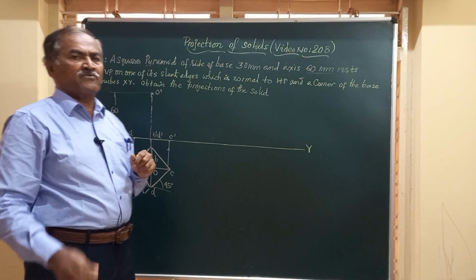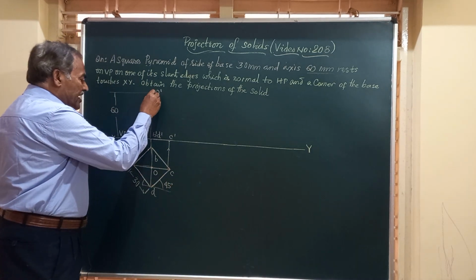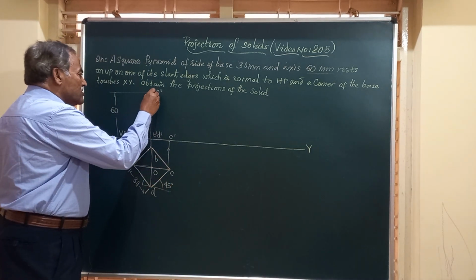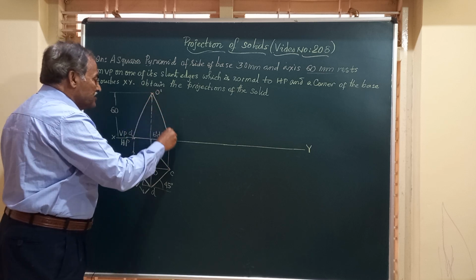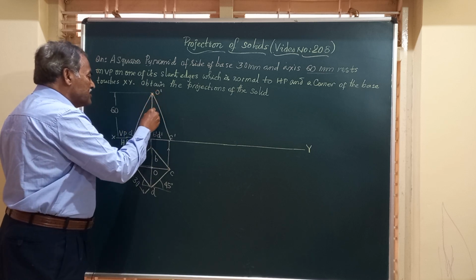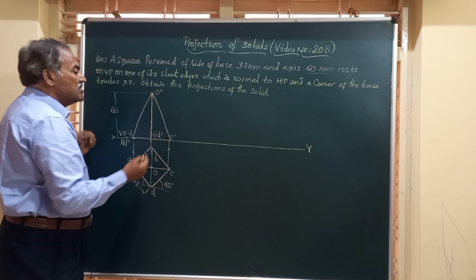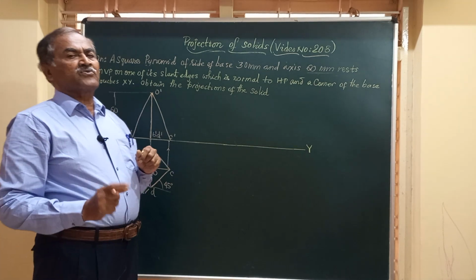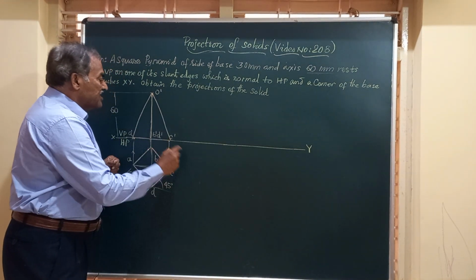O dash is the front view of the vertex, and I will join O dash to all these corners. So I will join O dash to A dash, O dash to C dash, O dash to B dash, O dash to D dash. So this figure will represent the front view of the solid when it is resting on HP on its base